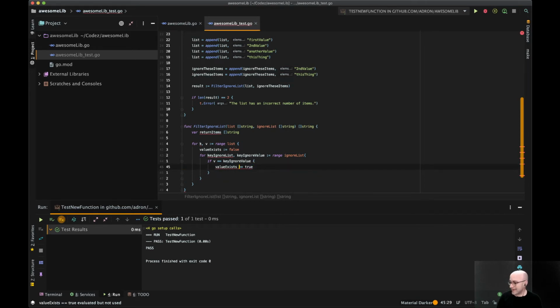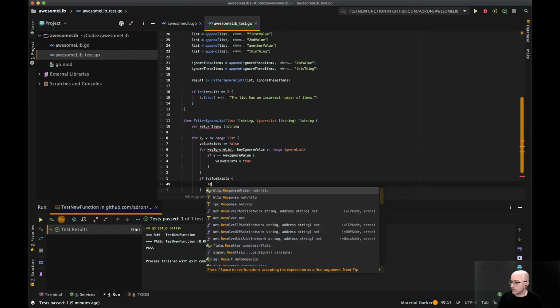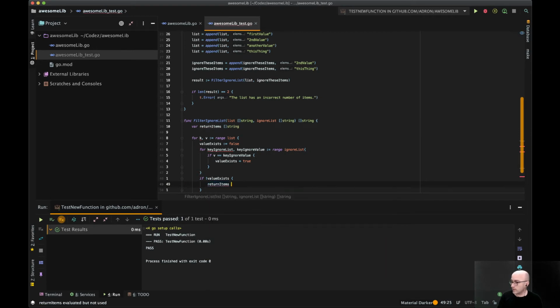Oh, whoops, we need to assign it to true. And then here we'll say if value exists. If it doesn't exist, then we want to append, we want to set the return list, return items, append the new items for that. So we'll add the value, the list item, right?